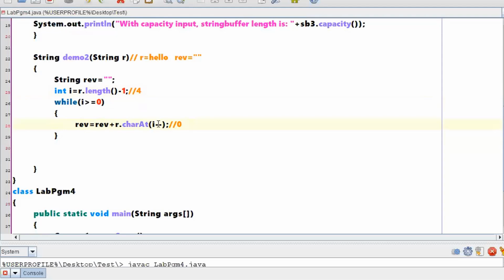Correct? i is decremented. Now the i value will become 3. Is 3 greater than or equal to 0? Yes, it is greater than or equal to 0. Condition satisfies. The new value of reverse is equal to the old value of reverse plus r dot charAt 3, which is the value at 3.